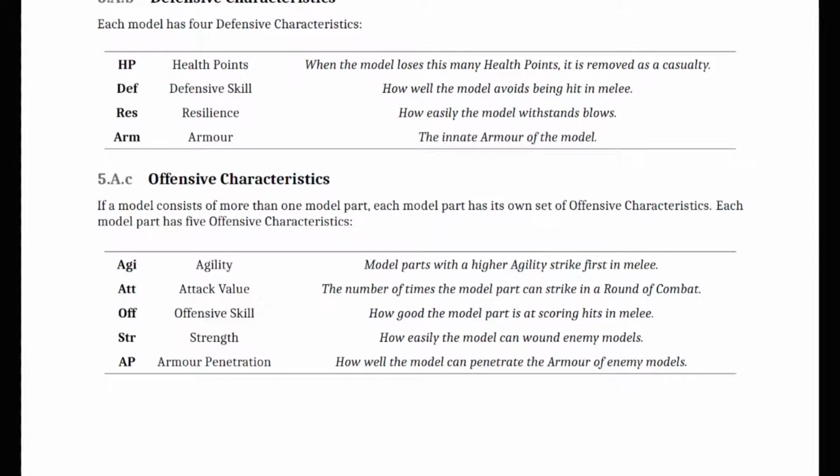Offensive skill is going to be the opposite of defensive skill. Some models are really good at hitting other people, but they're not very good at defending, and vice versa. Your offensive skill is just how good you are with your melee weapons. Your strength is how easily you can wound models. When we're looking at these, the defensive skill and the offensive skill are normally compared, and that's how you figure how easily you hit. And then you're going to have the strength versus the resilience,